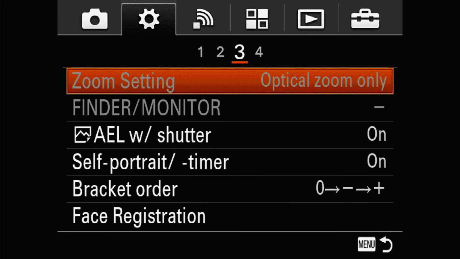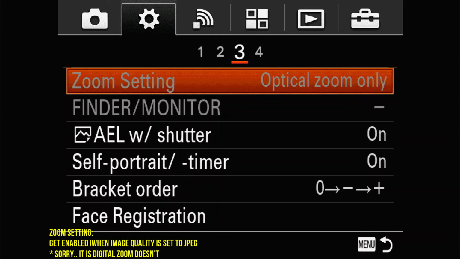So we are moving to page number 3. The first option is the zoom setting. In my case, this is disabled. I'm not sure why this is disabled, but I need to find out. If anyone knows about this, please do let me know. Probably I need to find a setting in which it will start working. But since I'm using manual mode, I don't need the zoom setting, only optical zoom.